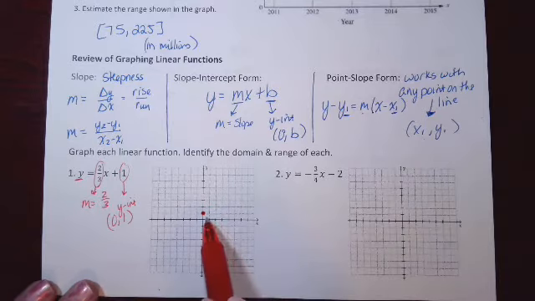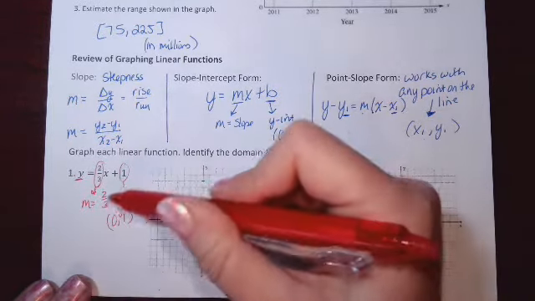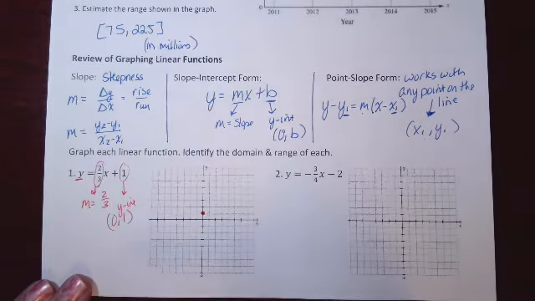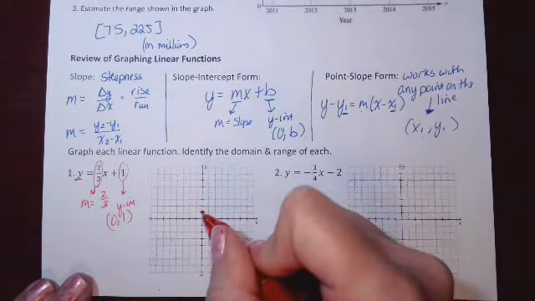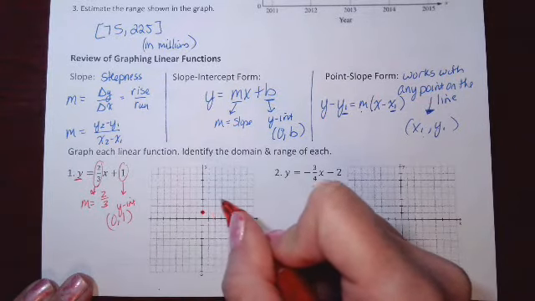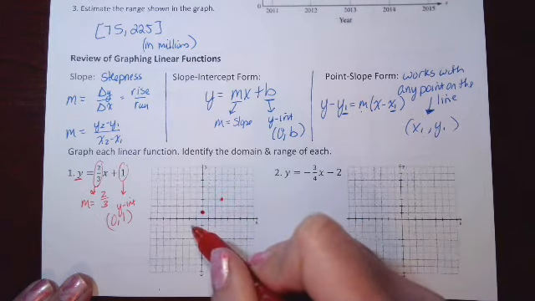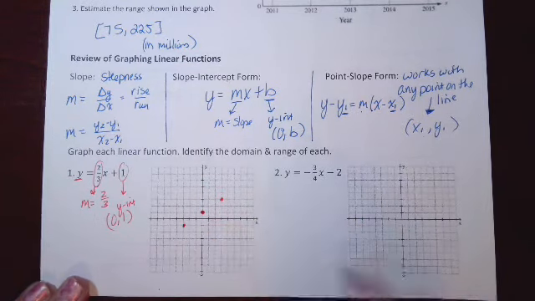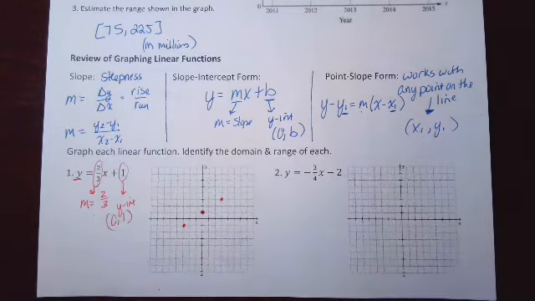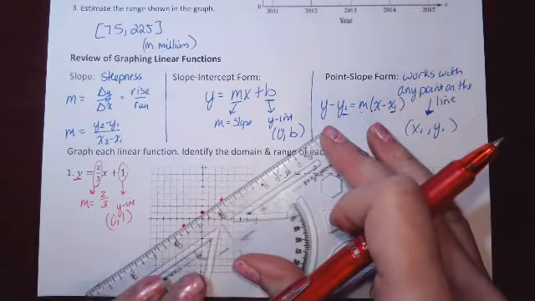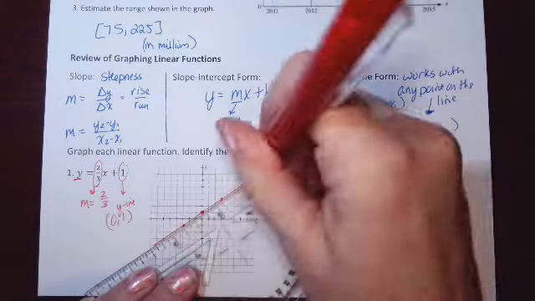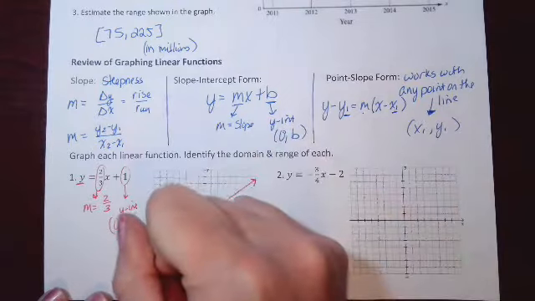Now from this starting place, this point where I can start on the y-axis, I'm going to apply my slope, go up and over. Now I want my line to be increasing. The slope is positive, so when I go up and over, I'm going to go up to over 3. That's a point on the line. Or I could have gone down to over 3 in the other direction. That's also going to give me a point on the line. I only need 2 points to draw a straight line. So I'm going to connect those points, make sure I put my arrows on the end to show that